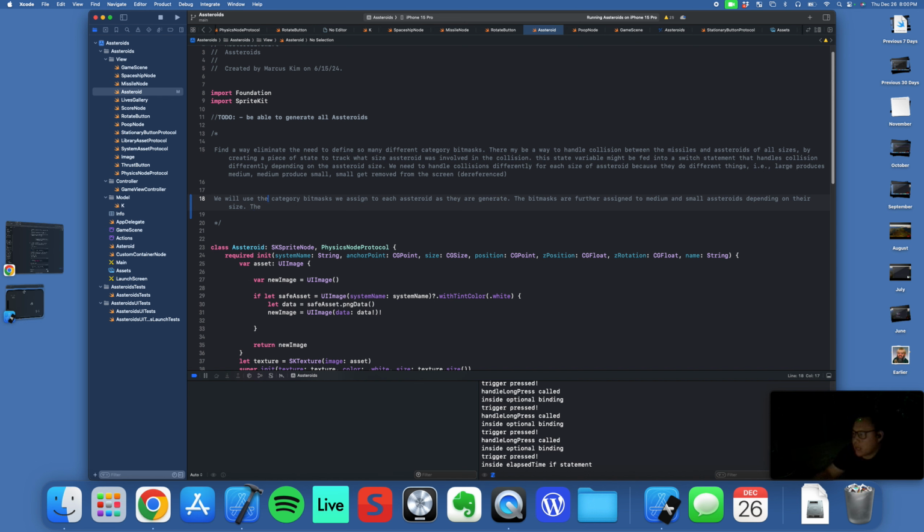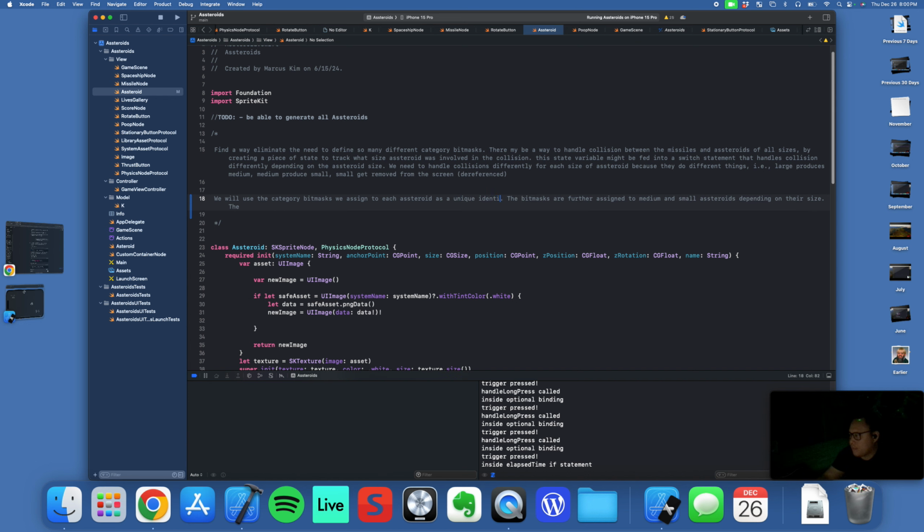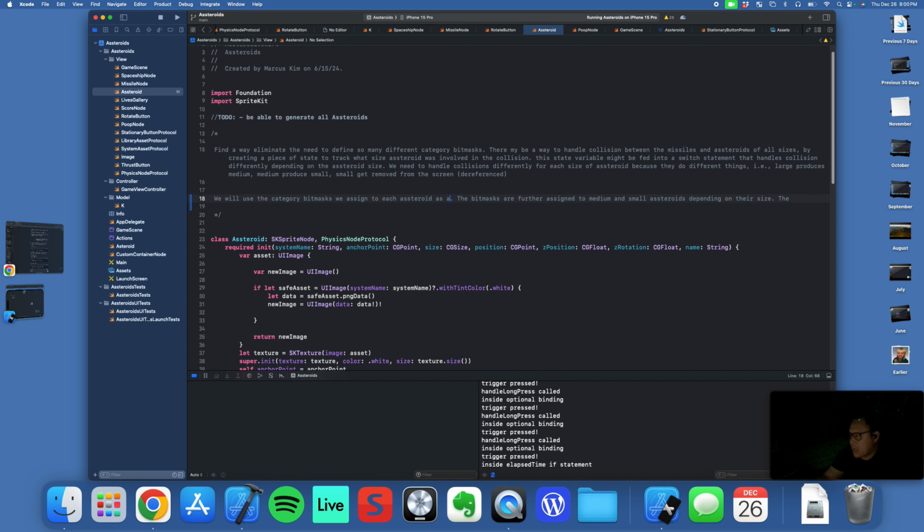We will use the category bit mask we assign to each asteroid as a unique identifier. As an identifier